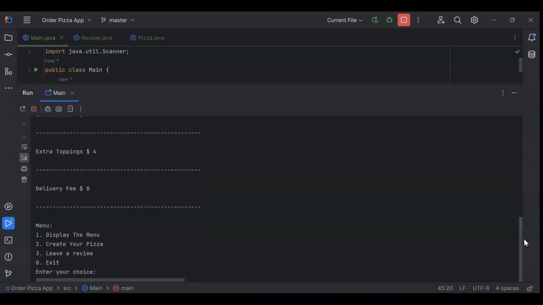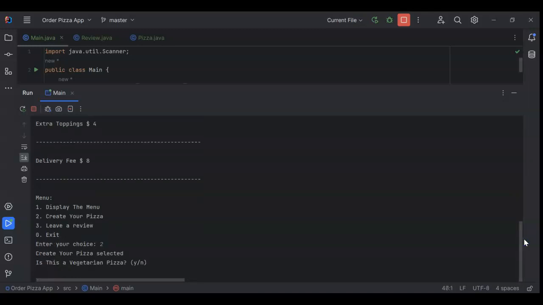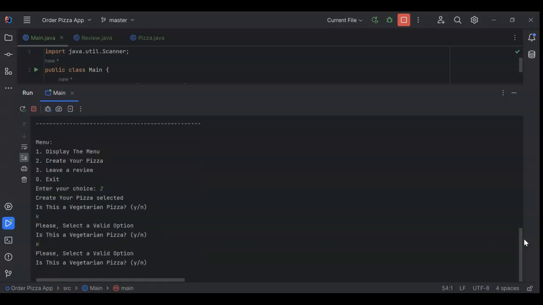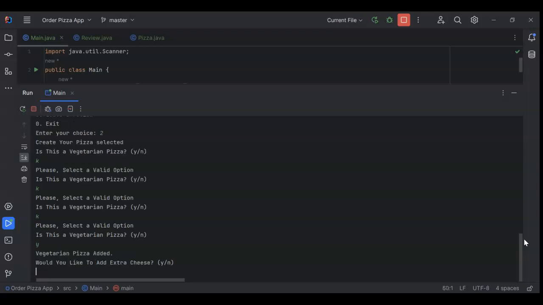The second option is create your pizza. For this one, I am prompting the user for different options. The first one asks me whether the pizza is vegetarian or not. As long as the user does not respond properly, it's gonna keep asking the same question over and over until the user responds yes or no. I'm gonna do yes, no,